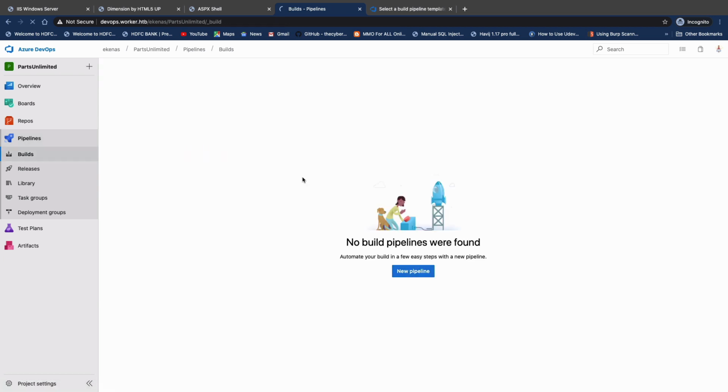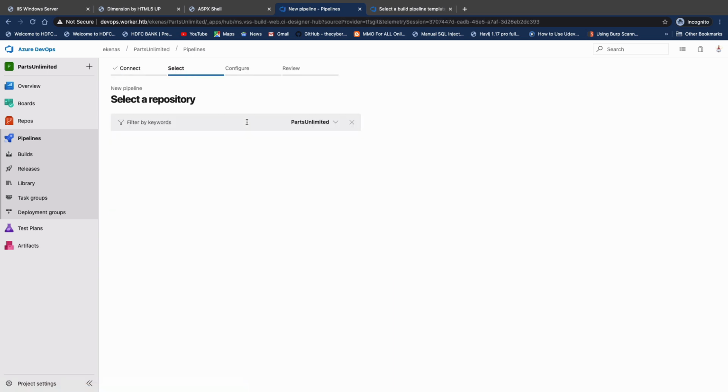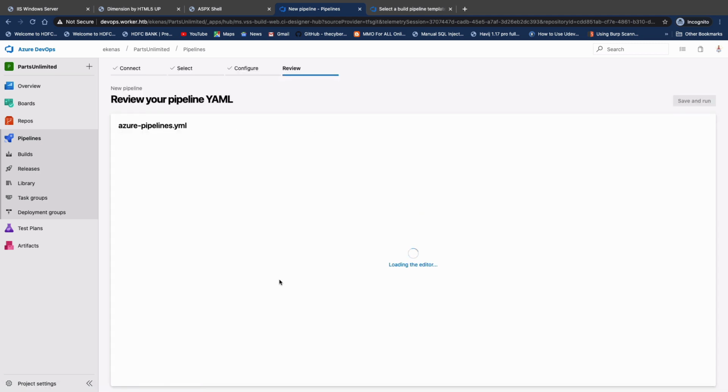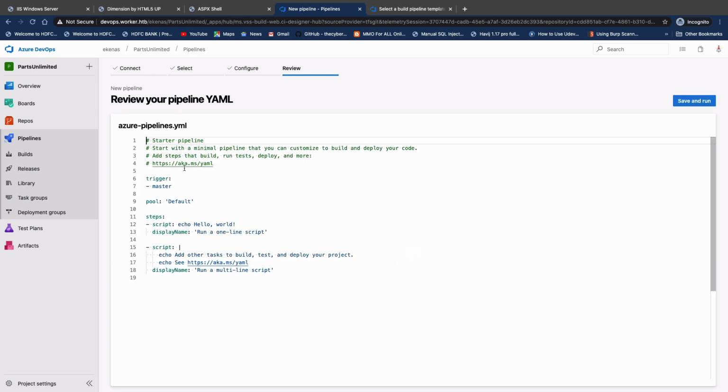Again click on the new pipeline, and go to Azure Repos, then to the starter pipeline. Go to the same section, remove everything, and then you can try a fresh start.